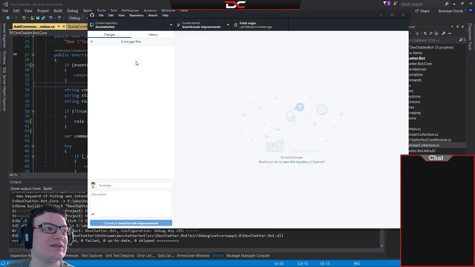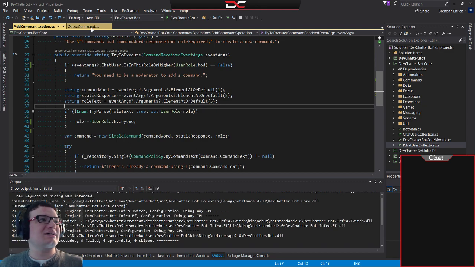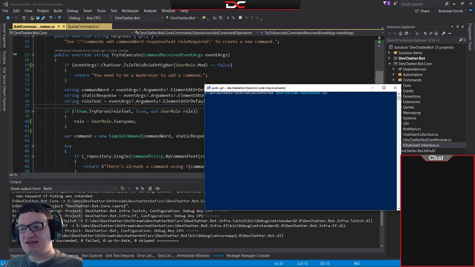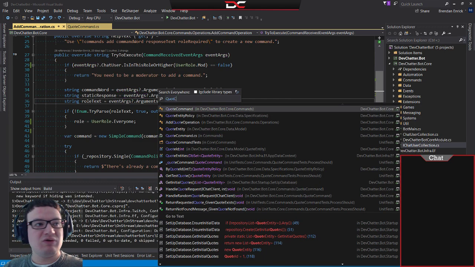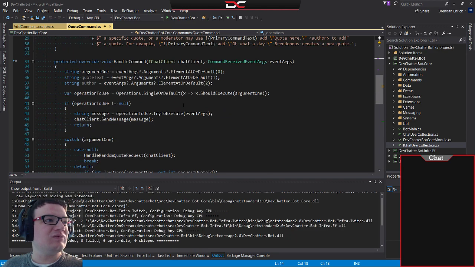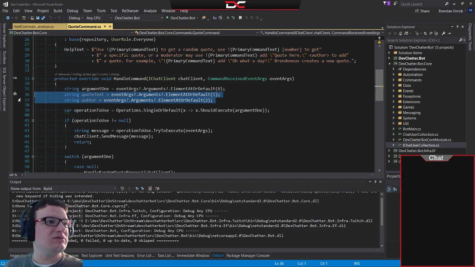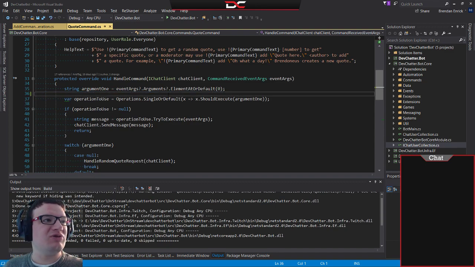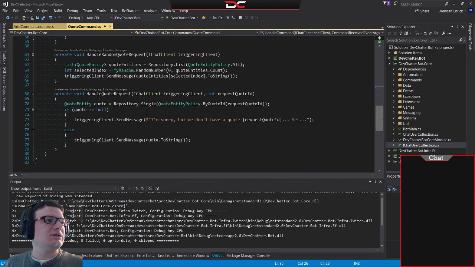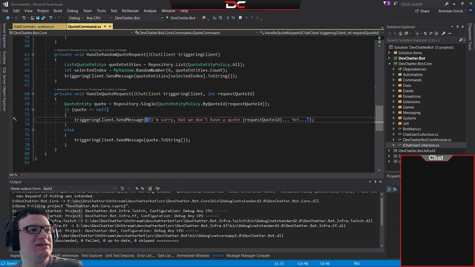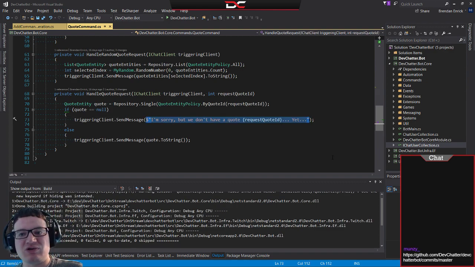So now when I look at this, we have no changes. That's perfect. And I think this code probably works, although it's not like I'm running it right now. Now what we want to do is, Twitchloft made a great suggestion there. If we hop over to our quote command stuff, we called out... Oh, we don't use those? Because it got moved into the operations. So, argument 1. Okay, so in here, the suggestion was if we pull this into a variable,